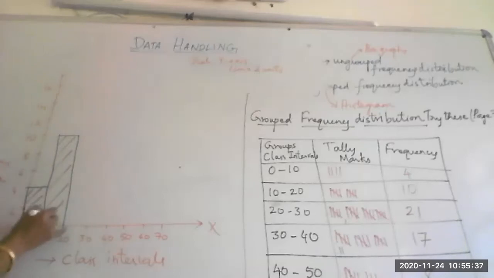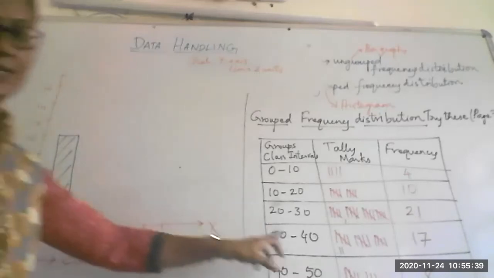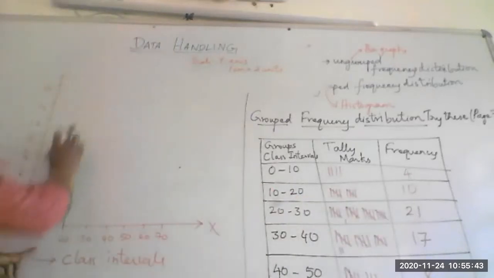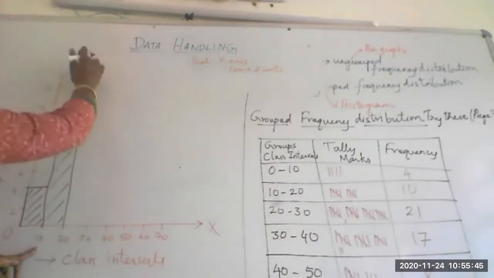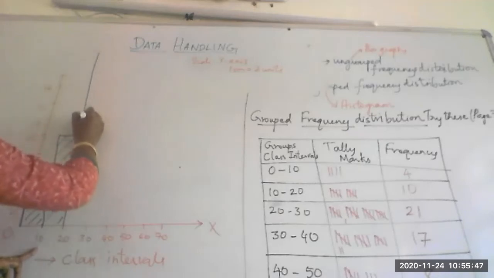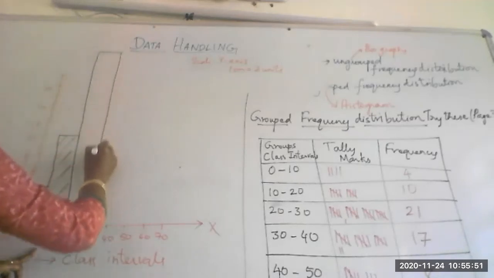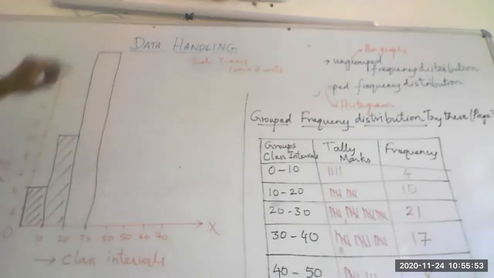So this is the second class interval that I have. For 20 to 30, I have 21. So for 20 to 30, I imagine it is coming somewhere here. How will you find 21? You will have 22 only, no? How to find 21? Suppose I extend the graph here. You may have this question in your mind, no?